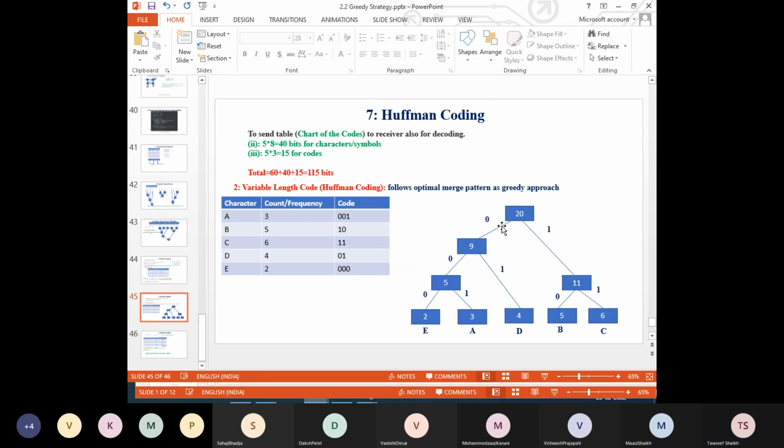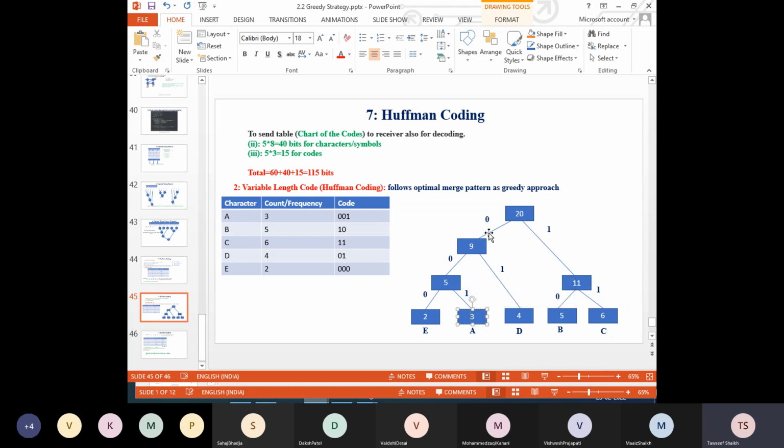Suppose this 2 is the value of this E, and this 2 is its distance, how much from the root? 1, 2, 3. So this 2 into this 3, plus this 3 which is for A, 3 into